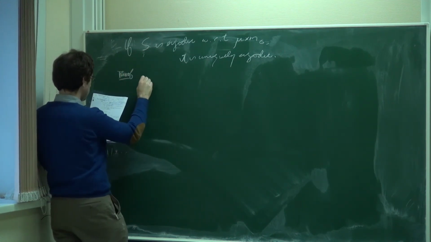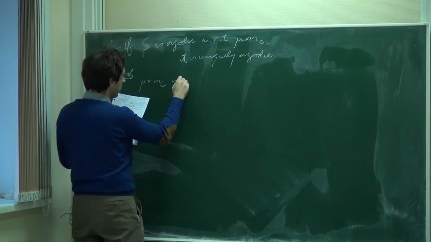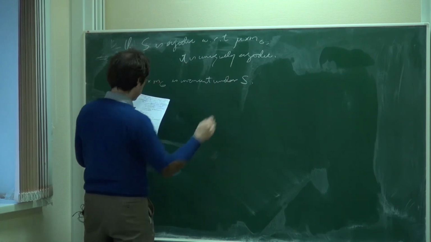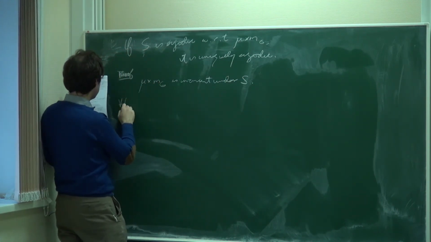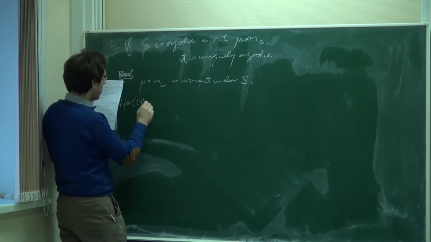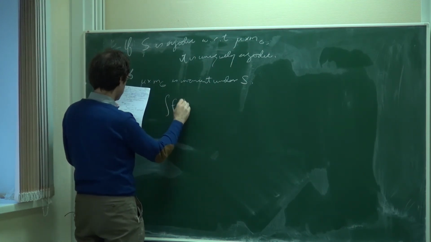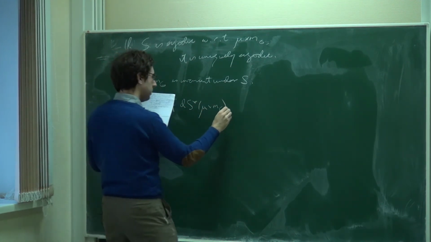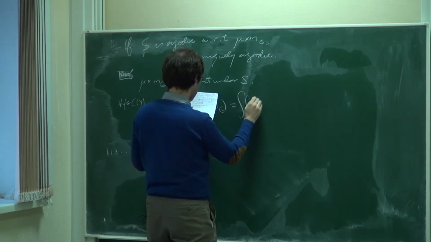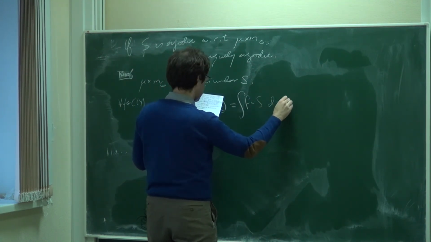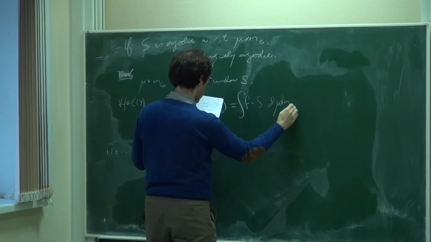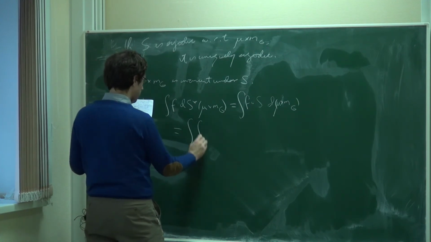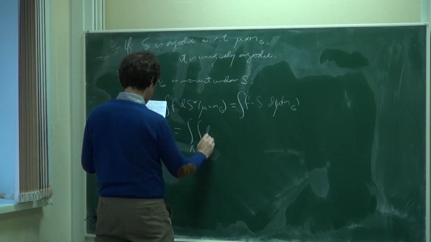So first of all, this measure is invariant under S. It's the first thing to check, of course. So for f a continuous function, we have the integral of f composed with S with respect to mu cross m_G, and by Fubini, we can just split into an integral over X and an integral over G,